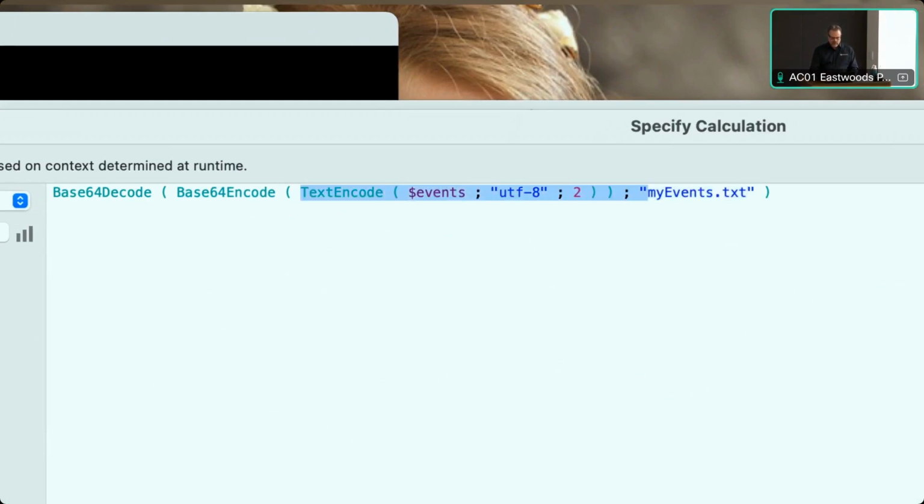What I'm doing here is that I take this text block that I have in the variable. I say it should be UTF-8 because it's a nice universal format that works everywhere. And then I say the line ending should be 2, meaning that